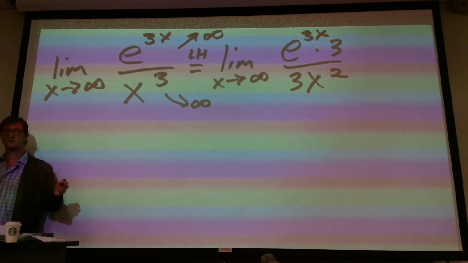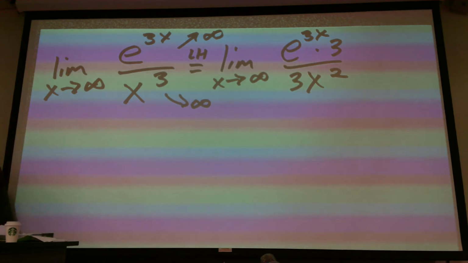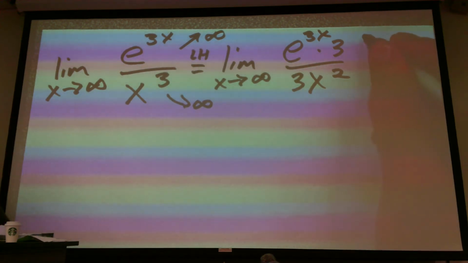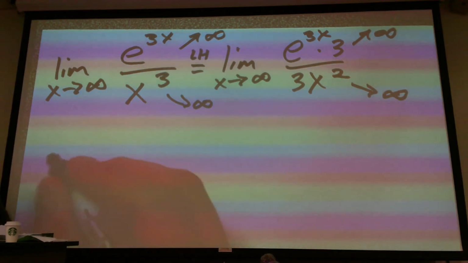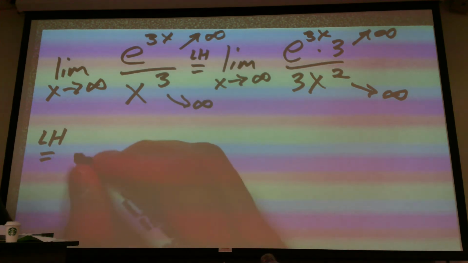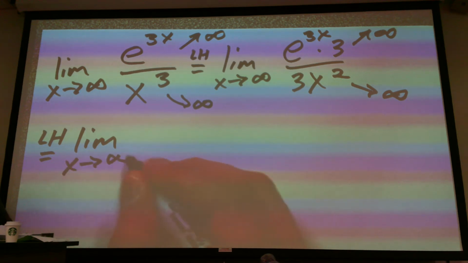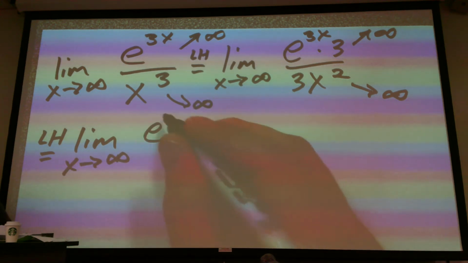Well, they're both still headed towards infinity. I'm ready to cancel those threes out, but I'm not going to, mainly for illustrative purposes. So this is headed towards infinity. This guy is also headed towards infinity. Let's apply L'Hopital's rule again. And so that would equal the limit as x tends towards infinity of e to the 3x